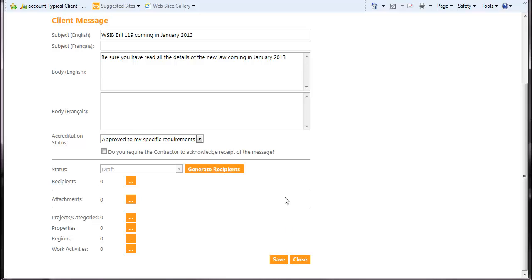As we have done with the attachments, you can do the same for your projects, your properties, and your regions, as well as work activities. These are all areas you can filter your message by and who the recipients will be. Although at the moment a contractor may not be associated to you by region or property, they will all have a work activity. To add a work activity, which means which trade will receive this message, click on the orange